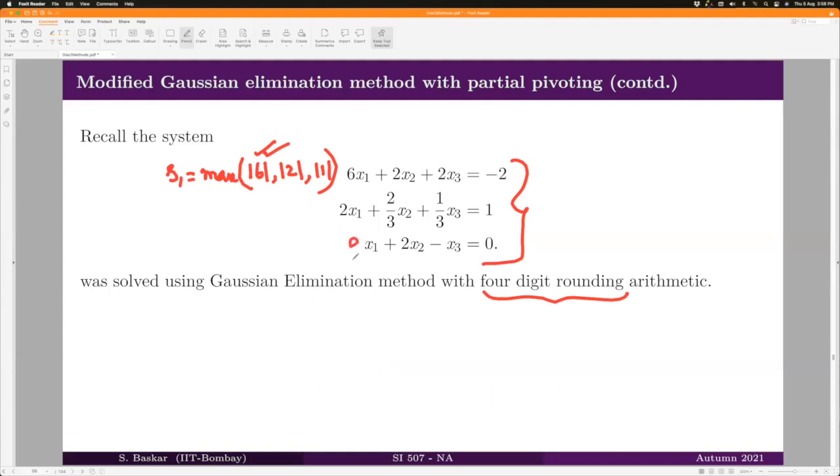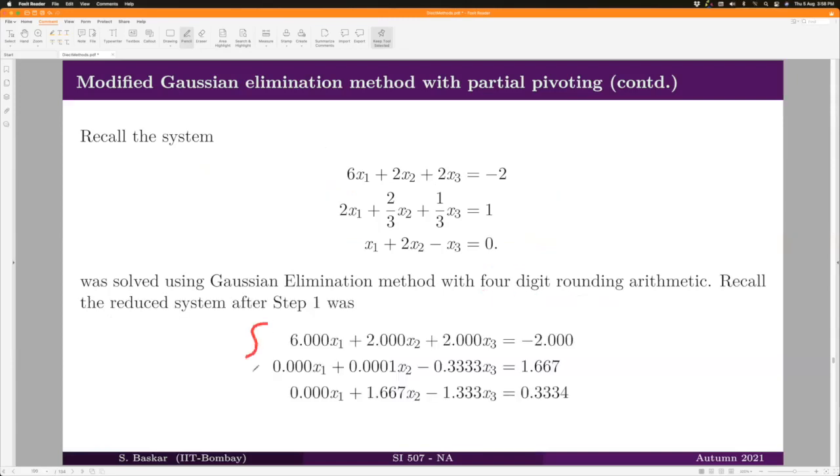If this were, say, 8, then this entire equation would have gone here, and this entire equation would have come to the third position, and then the elimination process would go. But that did not happen here. Therefore, we will take the original system and go for the first elimination process. The first elimination process gives us this system where the leading coefficients became 0, and now we have to take this part of the system for the second level of elimination.